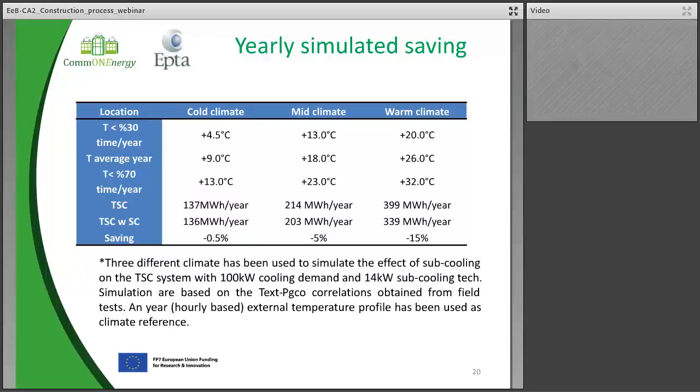Then for this end that at least is fully visible, so no problem on the final result. That leads us to calculate the yearly simulated saving with different climate conditions, defined, as an example, as the central one. In a mid-climate we have an average of 18 degrees external air temperature, and for about 30% of the time we have a temperature of 13 degrees or less, and for another 30% we have a temperature that is higher than 23,